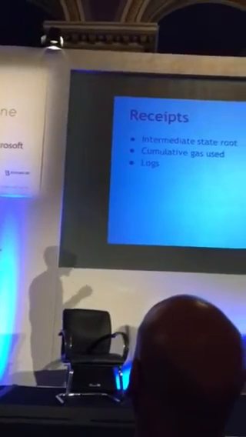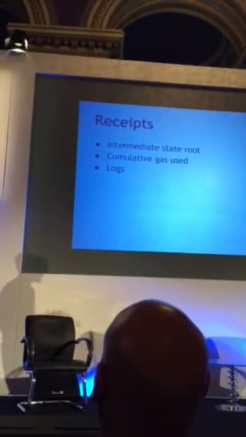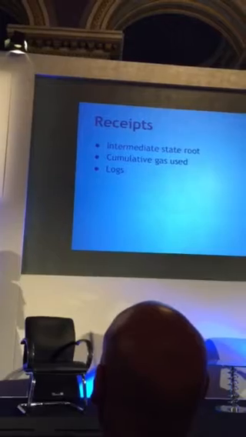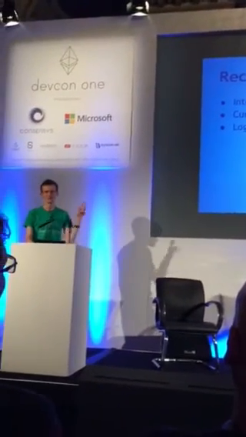So there is this concept of receipts. Receipts are objects that get hashed into the Ethereum blockchain, and every transaction has a corresponding receipt. These receipts have a few pieces of data. One of them is an intermediate state word, which once again, I'll describe the mechanism later, but it's a kind of hash that represents the entire state after the transaction gets executed.